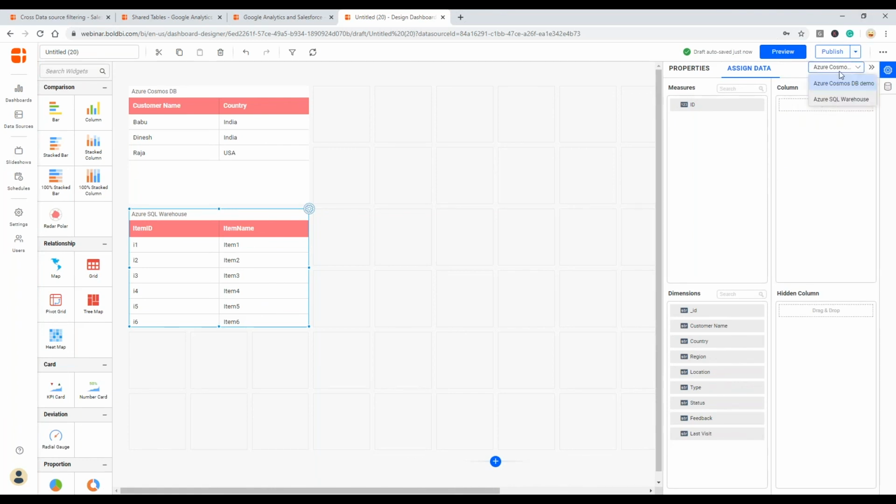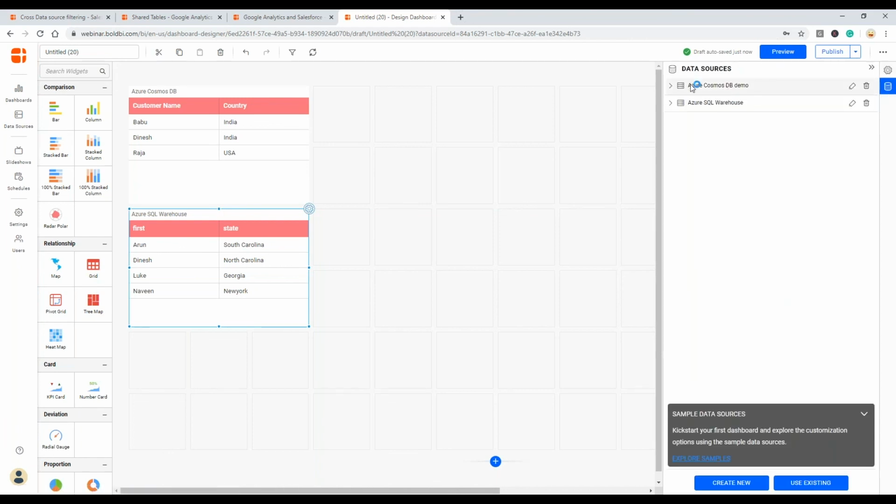Okay, I just need to switch to the next data source here. So this is going to be my name and the state. I'm just using the grid for the simplicity of the webinar. So you can use as many widgets as present here.